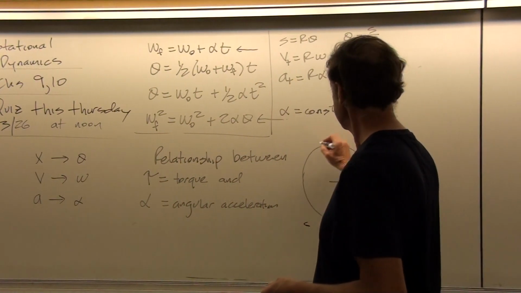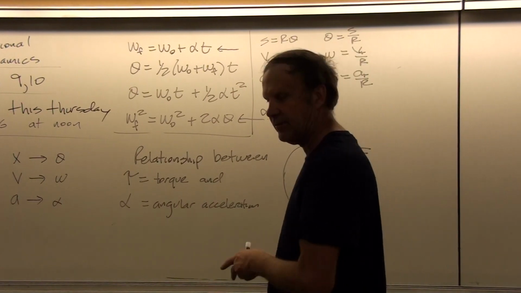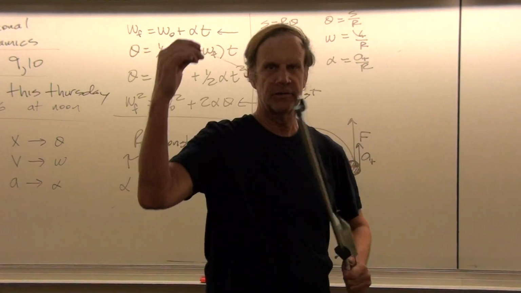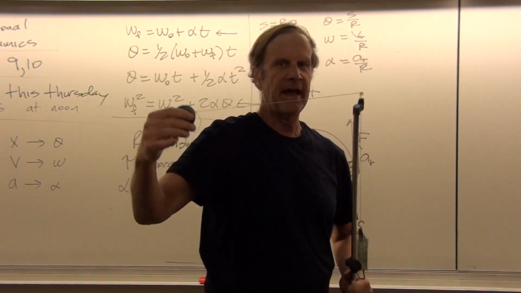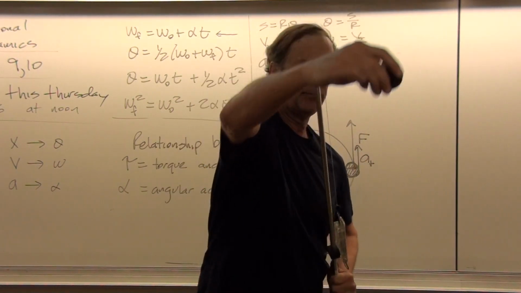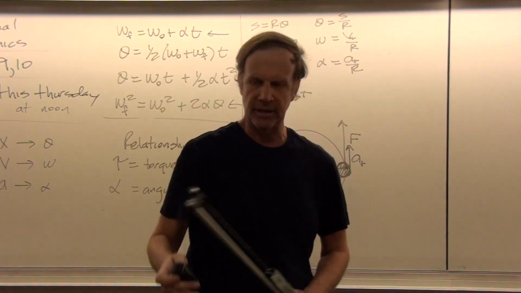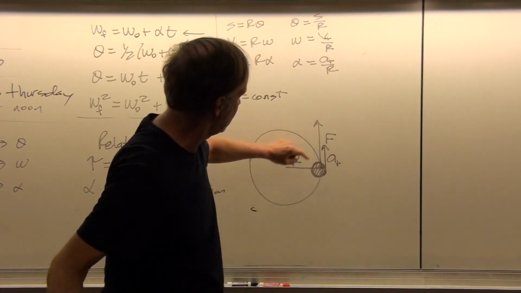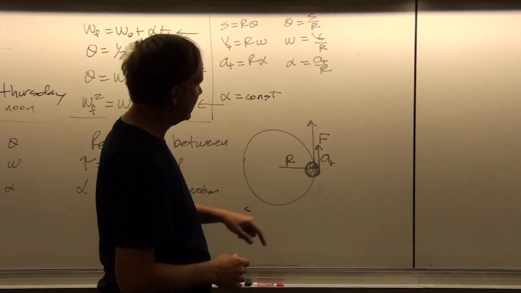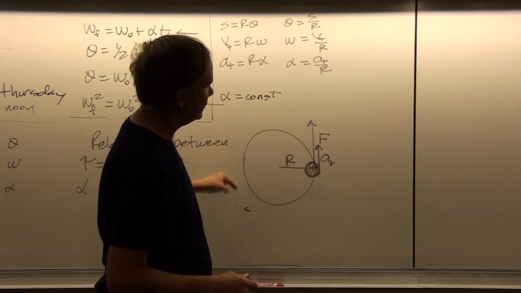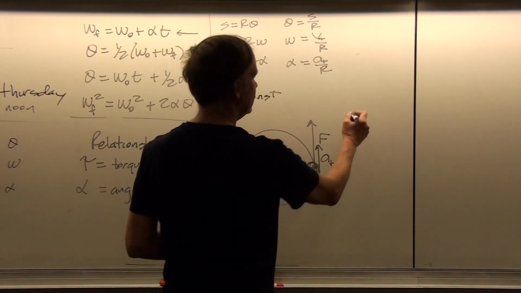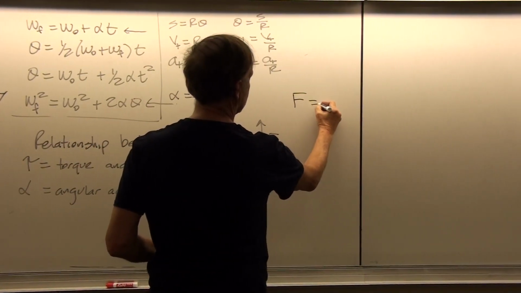And I'm going to do it for a really simple example. So let's imagine here that we just have a point mass, simplest of all possible mass configurations, going around in a circle. As it goes around in a circle, we apply an acceleration, but that's due to a tangential force. So I apply a constant tangential force to the mass, and we'll assume that that force stays constant as the mass continues to accelerate and change its spin rate. So what we can say here then, using Newton's second law, is that F equals ma.